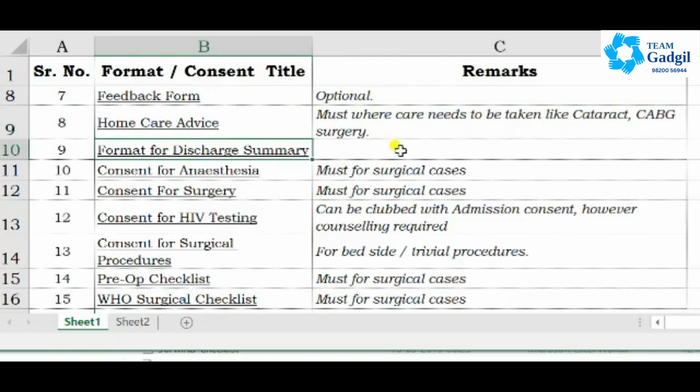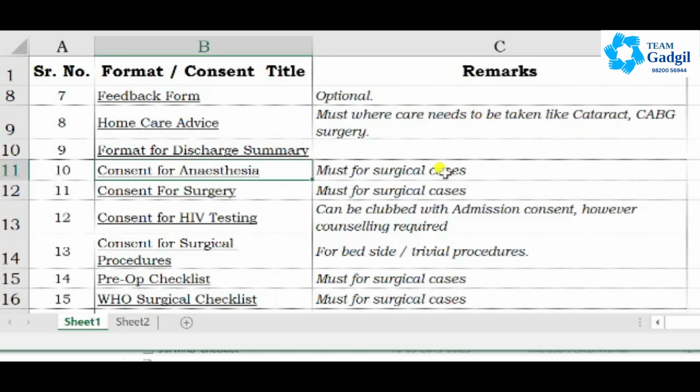Discharge summary needs to be filled in absolutely as per the format given to you. Please don't vary it much. Consent for anesthesia needs to be done for all the surgical cases. What you can do is, because many times in nursing homes the anesthetists don't come a day before the surgery,